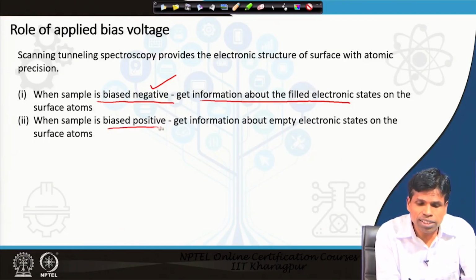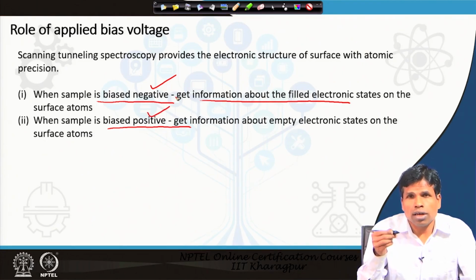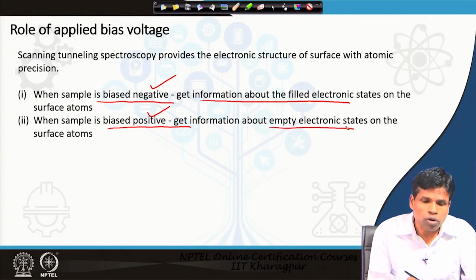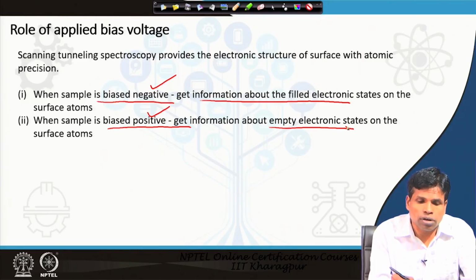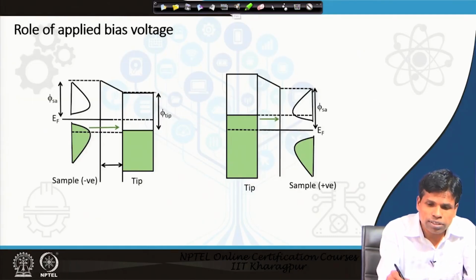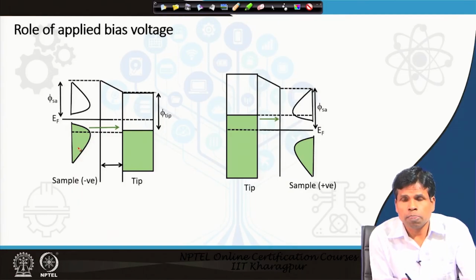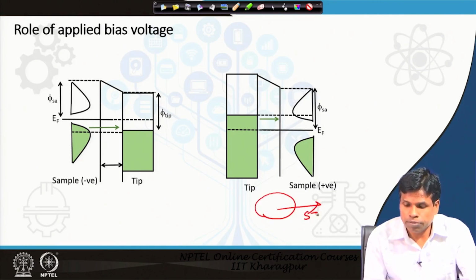On the other hand, when the sample is biased positive and the tip is grounded, electrons will tunnel from the tip to the unoccupied states or empty electronic states on the surface atom. So, in this way we can get the information about the occupied or unoccupied states of the sample by providing either positive or negative bias to the sample. So, this is what I have shown before. When the sample is given a negative bias, electrons will tunnel from the filled states of the sample to the tip. On the other hand, if the sample is biased positive, electrons will tunnel from the tip to the unoccupied states of the specimen, and in these cases